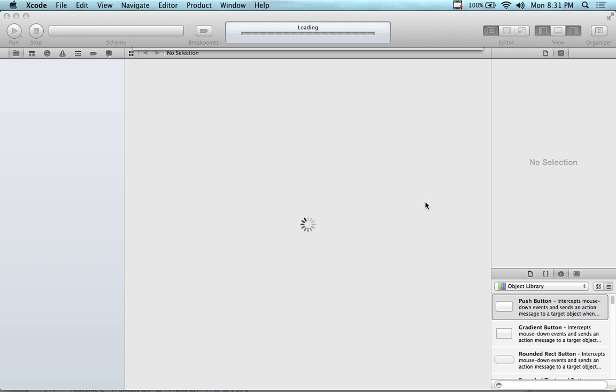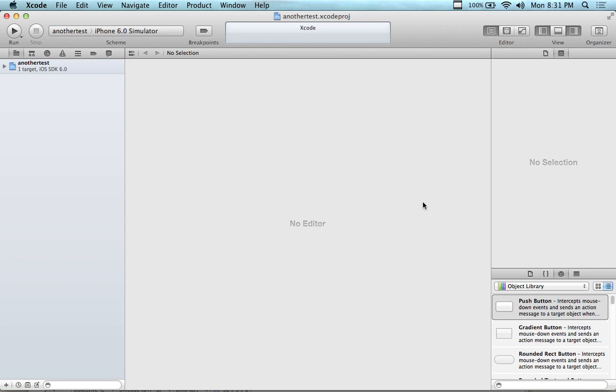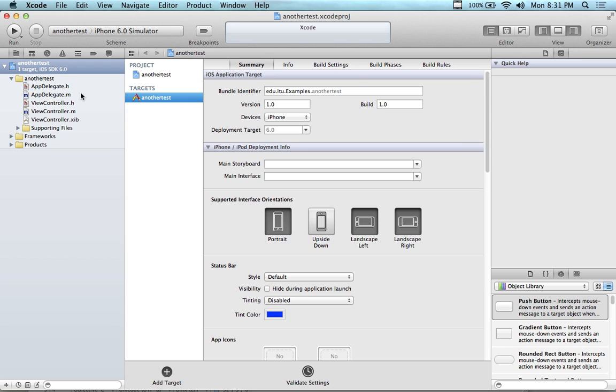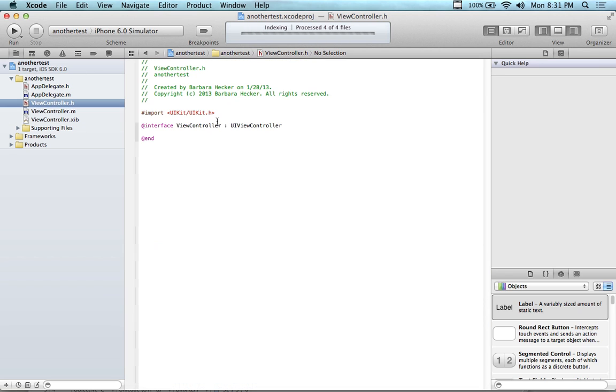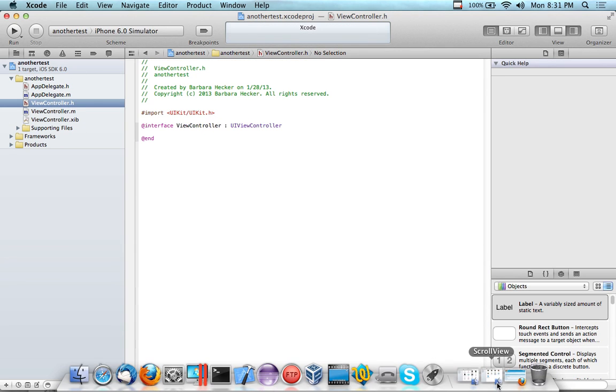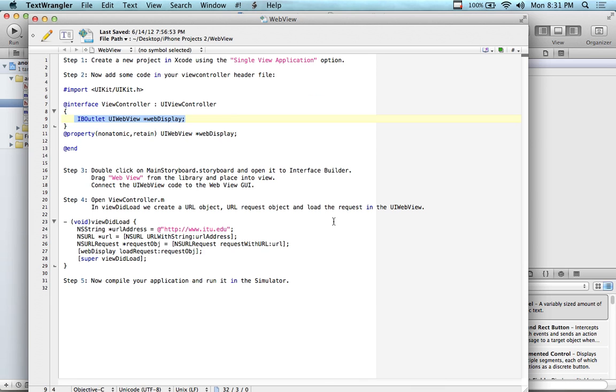Create. Forget about the canvas, don't put anything on the canvas. We see the canvas is empty in this project. Completely empty. So instead I'm going to open up the view controller .h file and go back over to here,